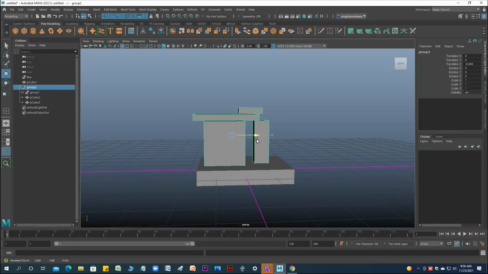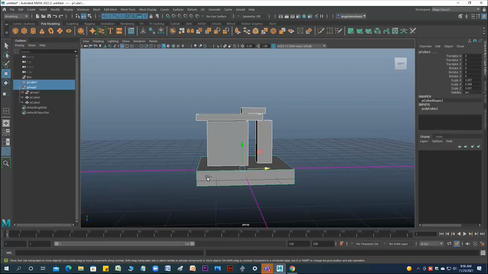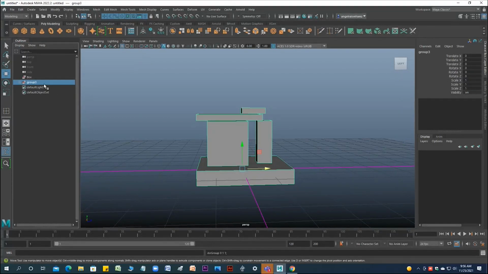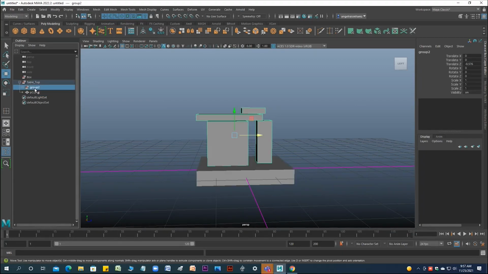So you can animate separately. Select group 2, shift select this box, Control G again. That group 3 is all over this tabletop, you can say. So table. Just click this plus, come to group 2. You can name it all boxes, and make sure that no space is allowed in Maya. You have to use an underscore.